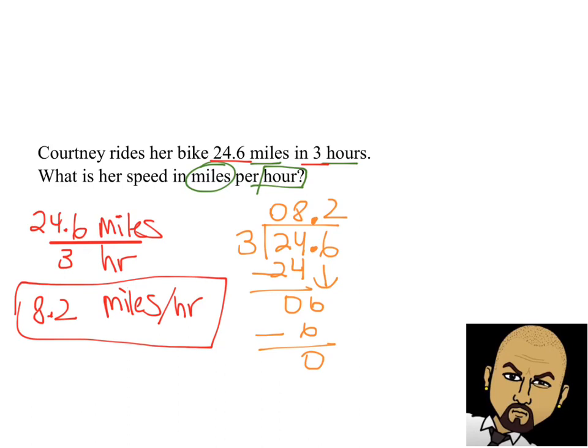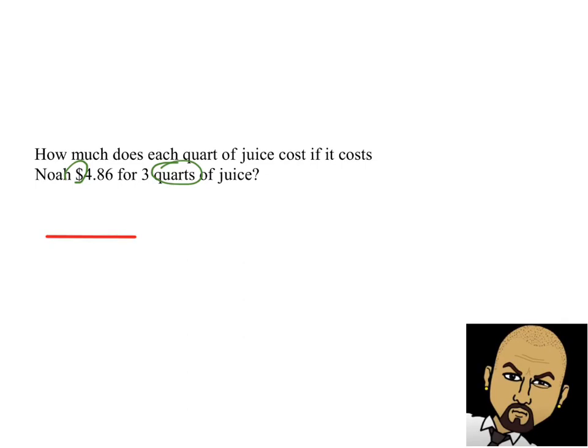All right, let's try another problem here. Here we got, how much does each quart of juice cost if it costs Noah $4.86 for 3 quarts of juice? So we want to know how much does each quart cost. So each quart means 1 quart. And so the quart's going to go on the denominator. And then the dollar amount's going to go on the numerator. And so when we divide,